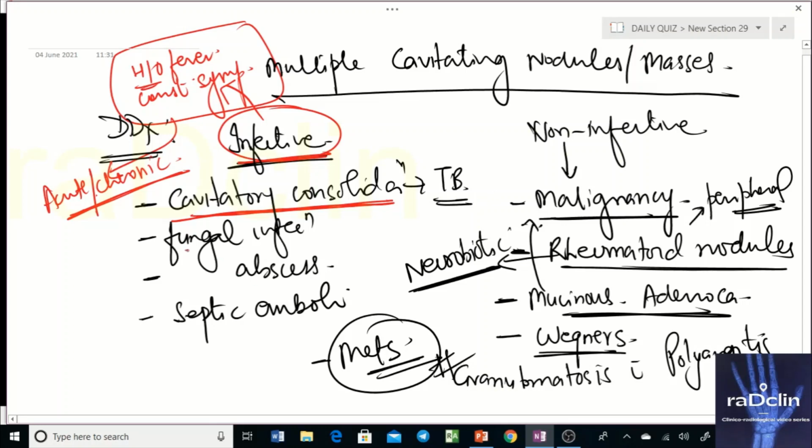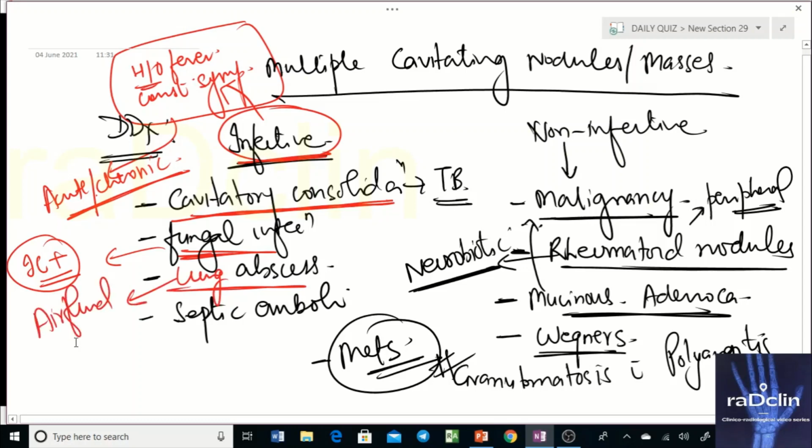Then in fungal infection, you will also have a history of an immunocompromised state. The patient might be diabetic, or on steroids or immunosuppressants. Now lung abscess will have an imaging finding known as an air fluid level, and the patient will be really septic. The patient's TLC count will be way high. The patient will be having a high grade fever of 104, 103, and will be highly septic. In septic emboli, you will have another infective focus in the body.